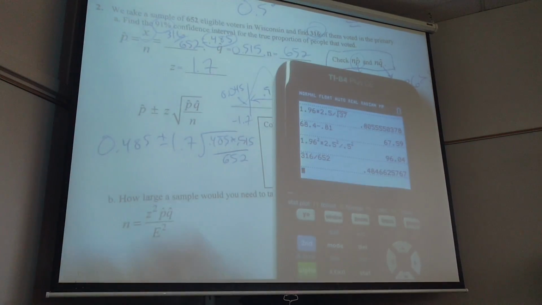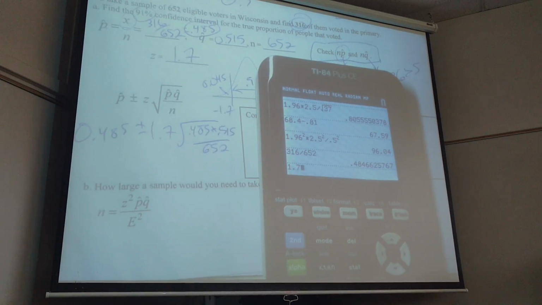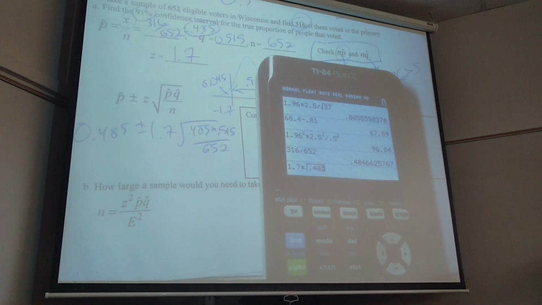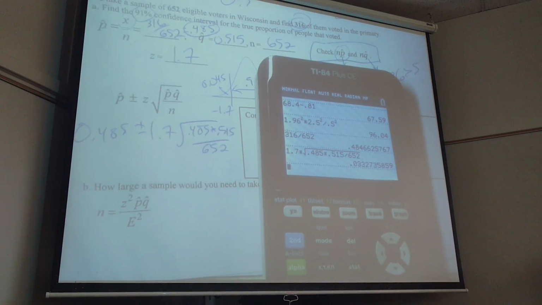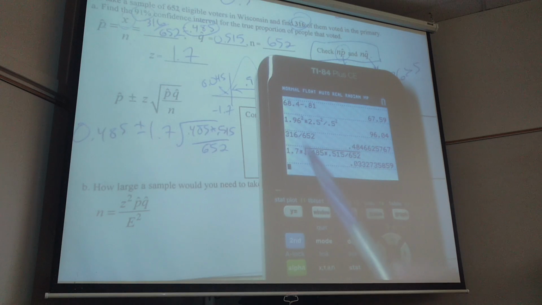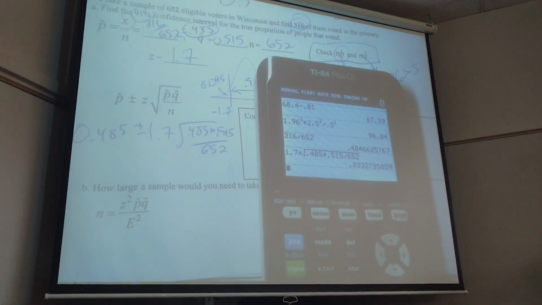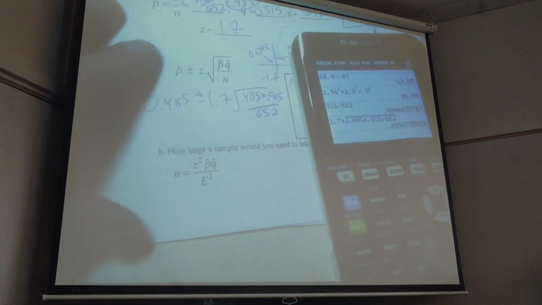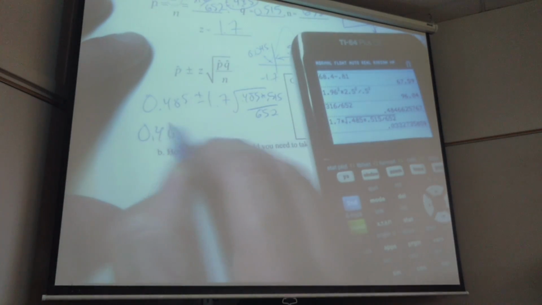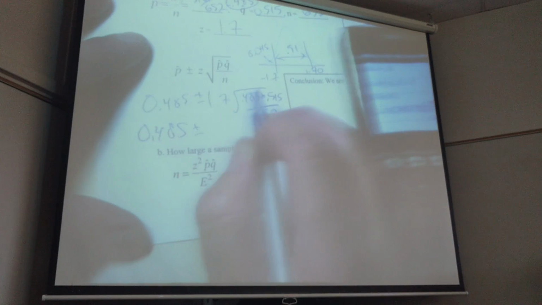Where are we at? So now we can do 1.7 times the square root of 0.485. I get this. See, I got the new calculator. It's got the big old square root. That's just the error. So it'll be 0.485, give or take